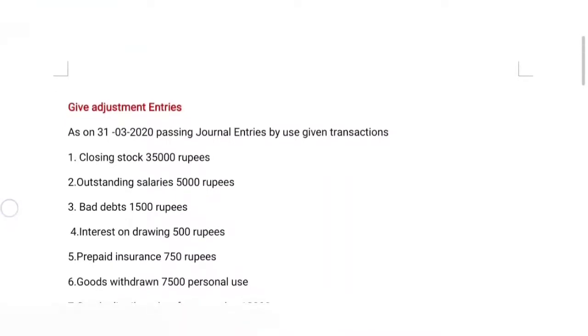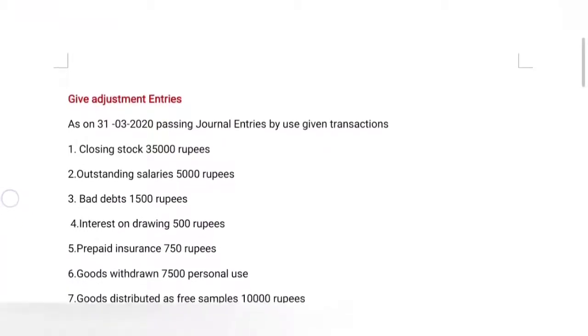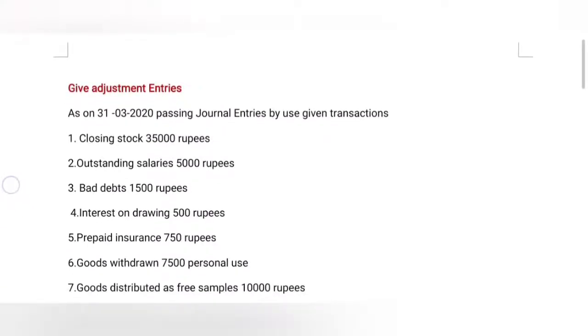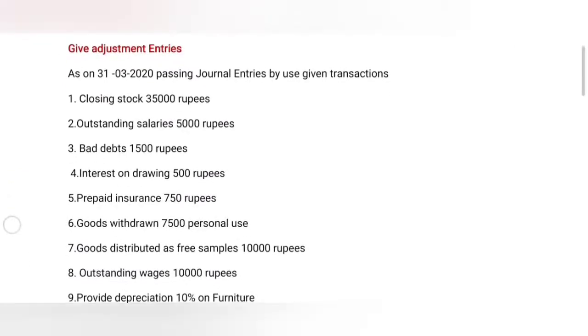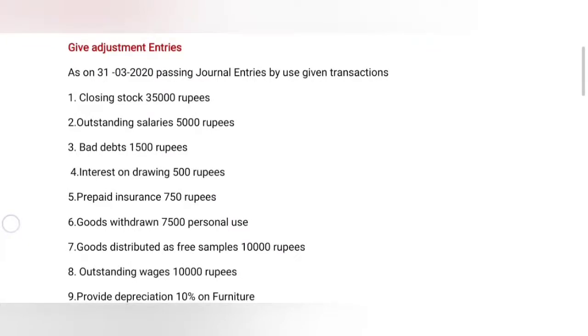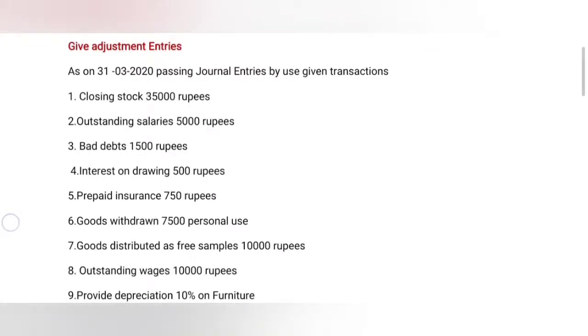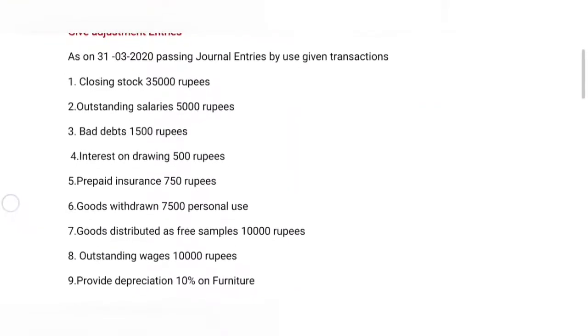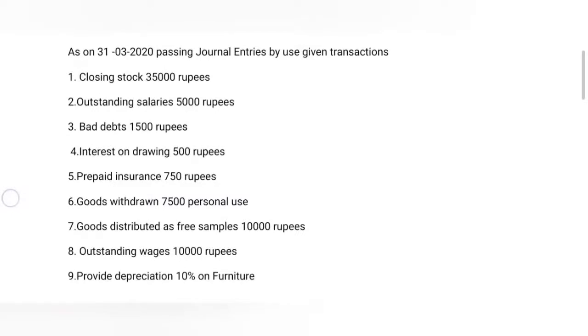Now coming to the first transaction, it is closing stock 35,000 rupees. Second transaction, outstanding salaries 5,000 rupees. Third transaction, bad debts 1,500 rupees. Fourth one, interest on drawings 500 rupees. Fifth one, prepaid insurance 750 rupees. Then sixth one, goods withdrawn